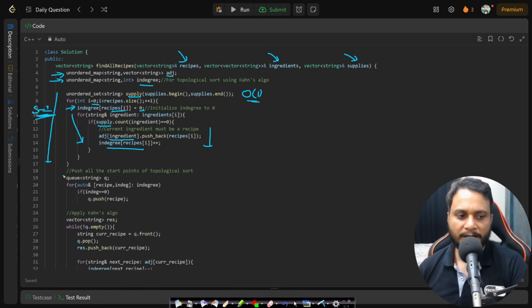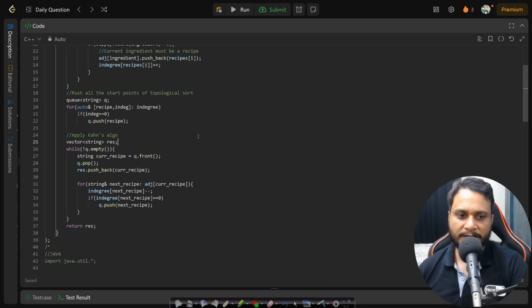Once it is done, then we need to push all the start points into the topological sort, because we are trying to apply the Kahn's algorithm here, right? So I'll be pushing all those nodes for which in degree is 0 into a queue, which is done. After that, I will be processing until the queue is empty. So I'll be taking out the front of the queue, and then I will be checking what are the outgoing